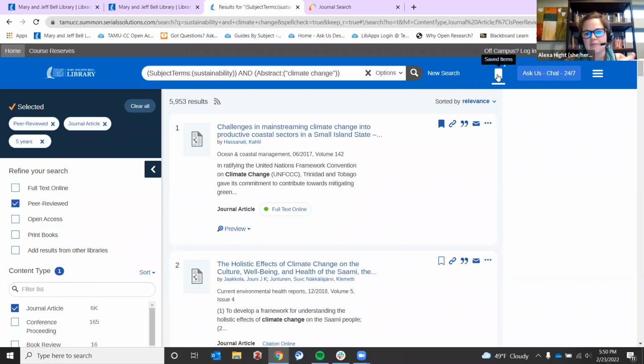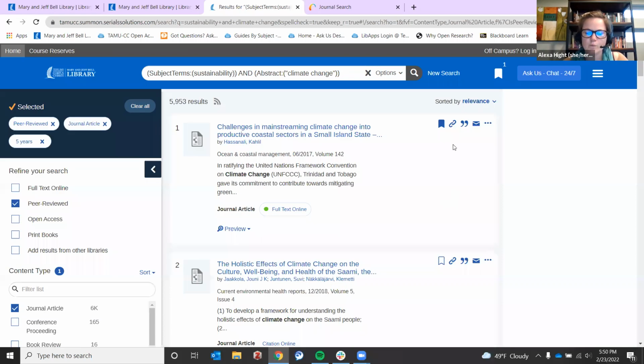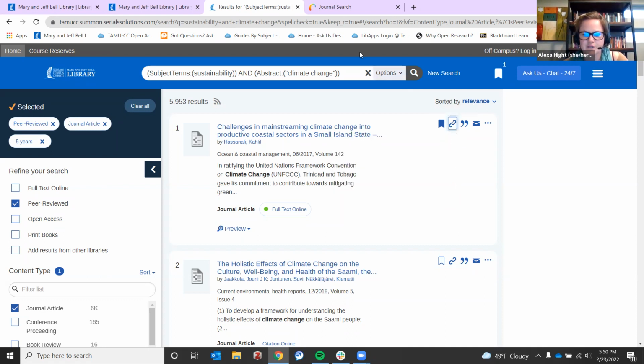So if I exited out of my browser and came back, I wouldn't have these saved results. But this can help, if I have 5,000 results, I'm not going to go through all of them, but I can save some of them and come back to them. We also have a permanent link option. So if you want to copy and paste the link for your use later, you can do that.